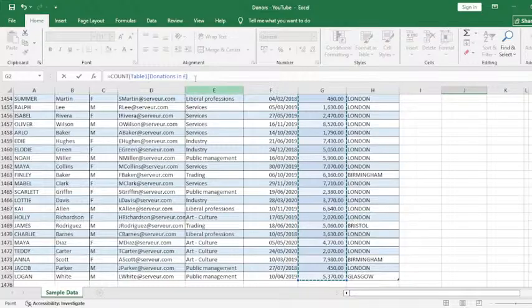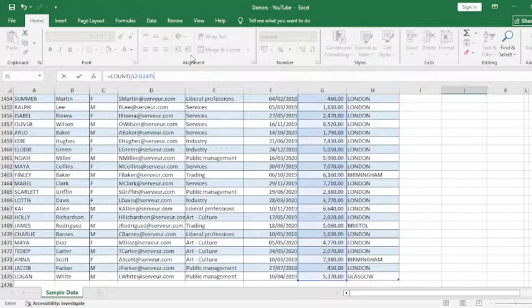So this is my last row, which is 1475. Because my table has a name, and the row and the column have names, it will just give the customized name. But for the sake of learners, I will enter it manually, and that will be G2 to